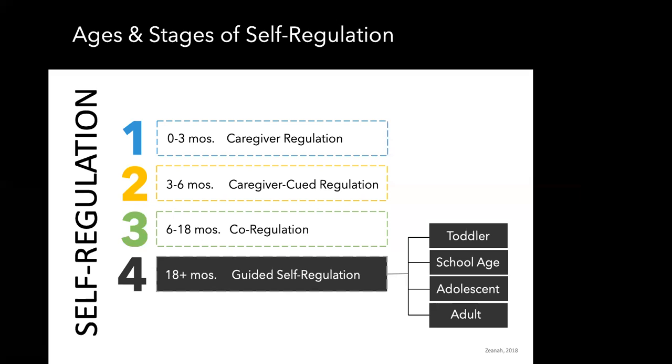When they enter adolescent years and we tell a teenager no, they might get pretty mad. They might storm away, walk off, but they're probably not going to have a tantrum. And when we tell an adult no, they're going to be a little mad, but they'll probably say, okay, thanks for trying, and walk on.